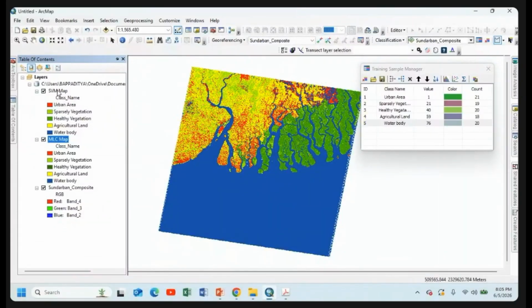Okay, so these are our two types of classification map, but we don't have our area for each classified feature class. So what should we do now to analyze our area?